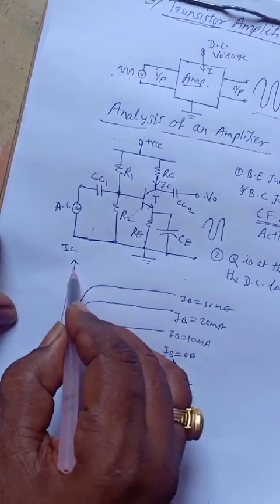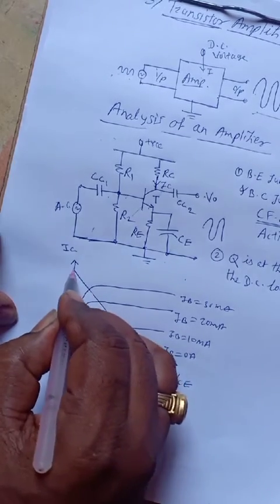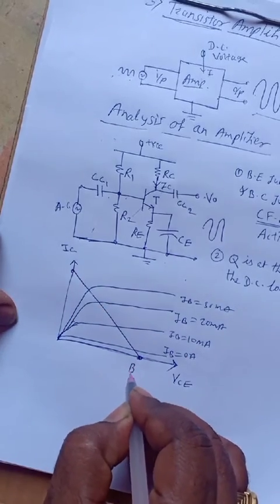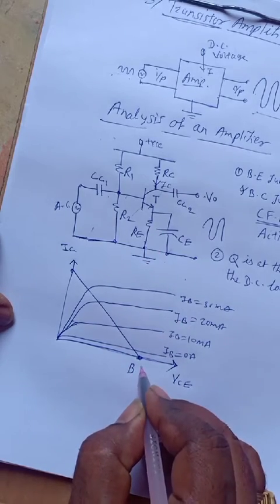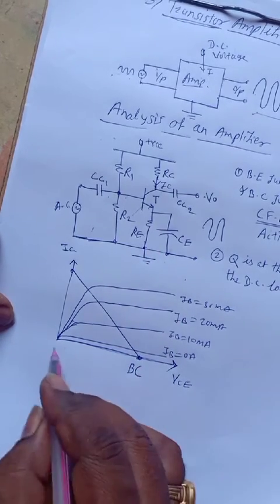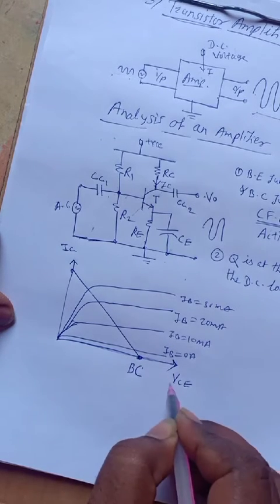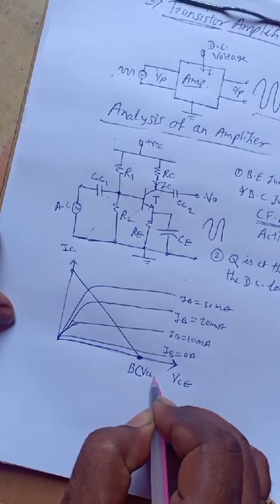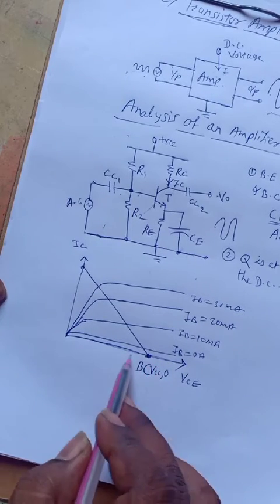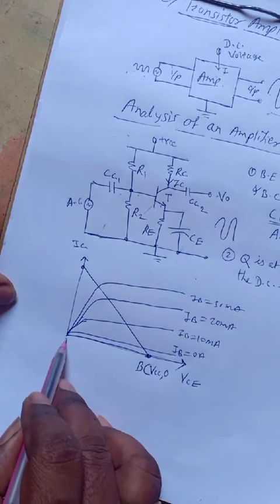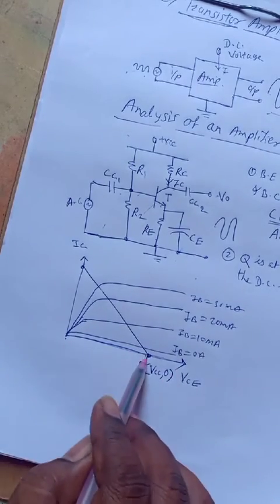And if we plot a DC load line, here this is point B, which is in cutoff. When the transistor is in cutoff, we already studied the coordinates: the x coordinate becomes VCC, so the point is VCC comma 0. Why 0? Because the points on the x axis have a y coordinate of 0. So IC current is 0 for this point.